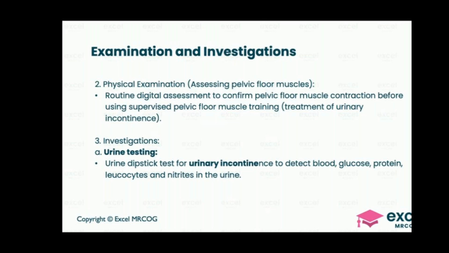So for prognosis, you need to know whether the tone of the muscle is good. Okay, so physical examination would be the next step that you would do. So first is history, know what type of incontinence it is. Then the second step is physical examination to understand whether she is a good candidate for PFMT or not. That is when you're checking, particularly when you're going to treat her for SUI. Okay, the next step, or the first investigation. This is history and examination. The first investigation that we do in any urinary incontinence